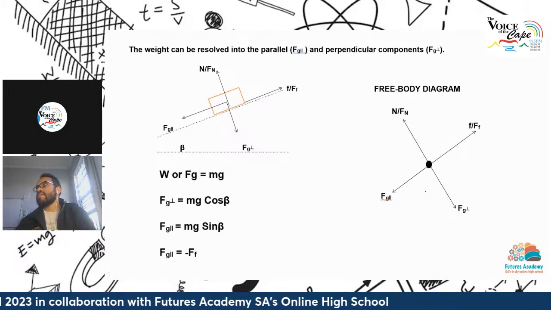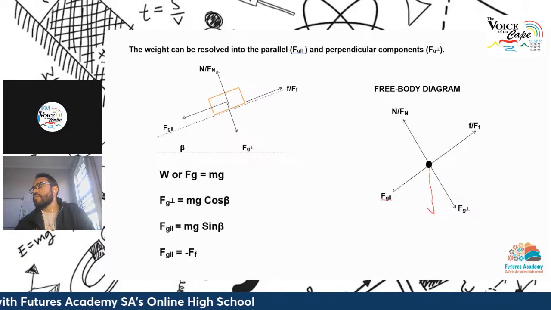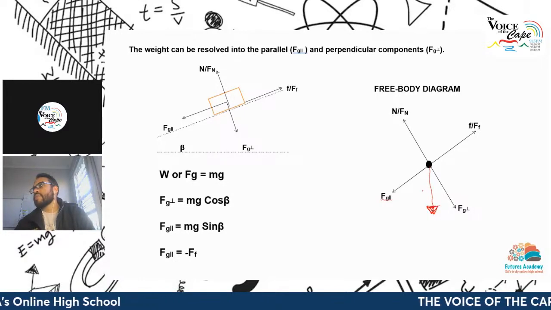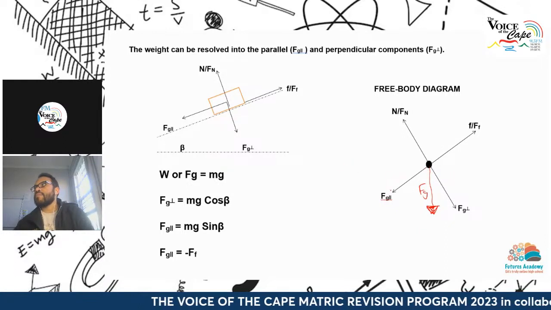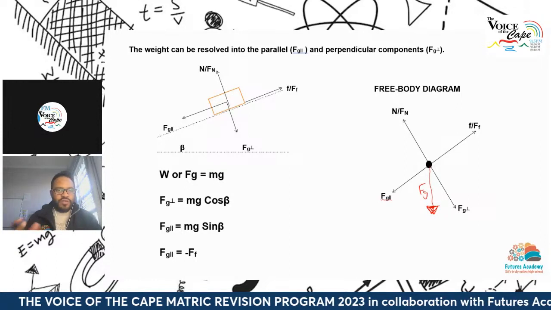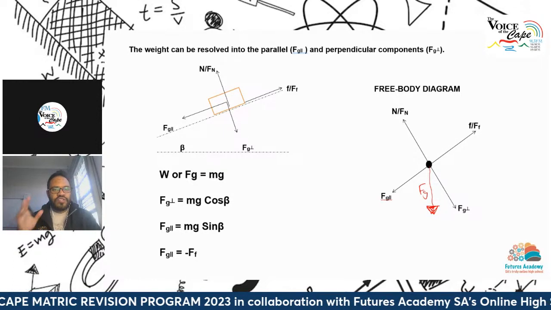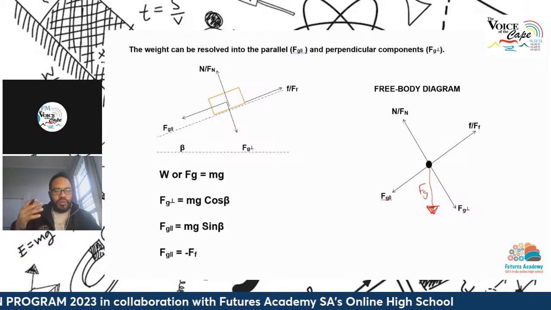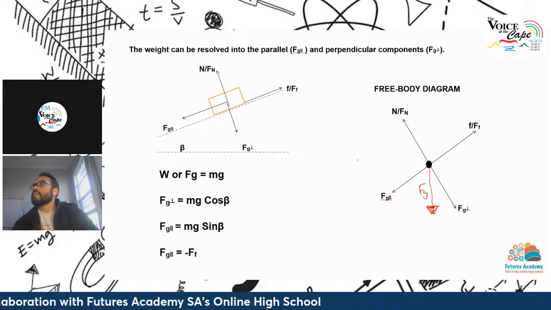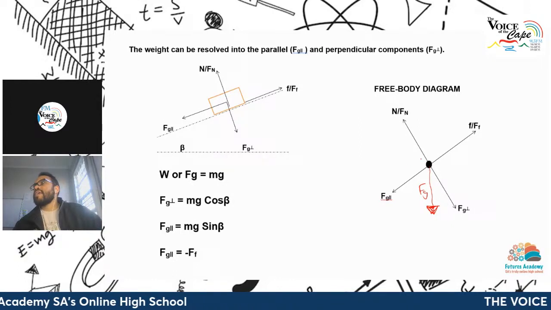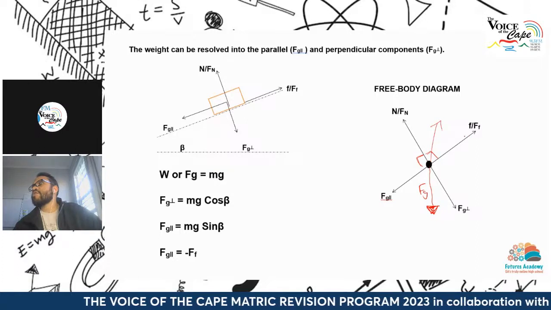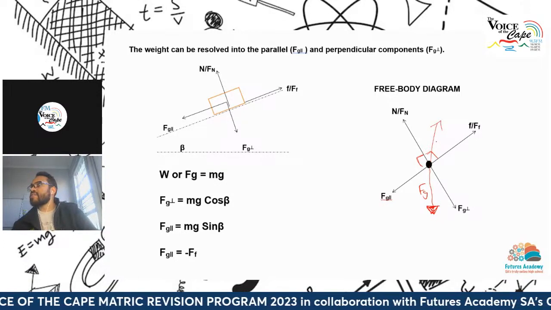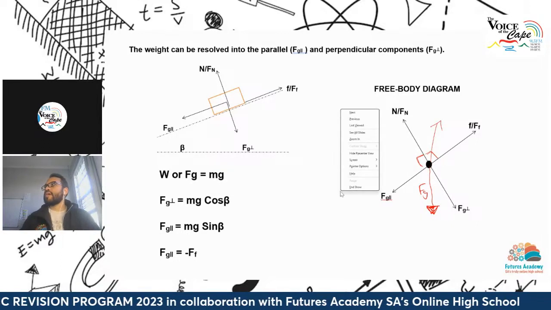Another important thing is, you see the example here does not draw Fg. And the reason it's not drawing F little g is because the components are already present. So if you draw the force, you draw the force in its entirety. If you draw the components, you draw the components. But you don't have the components and the force that make up that force. Okay, hopefully that's clear. And then also these things are at right angles to each other. So please be aware of that, right? Don't draw the normal force like this and the frictional force like that. When it's acting on a surface like that, you won't get the marks. Okay.